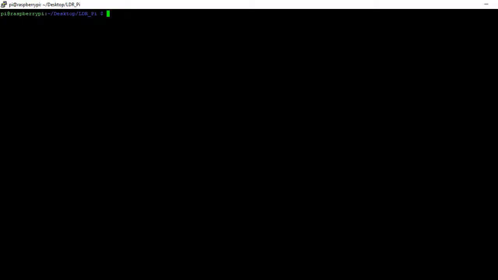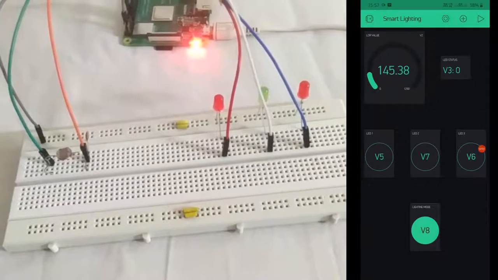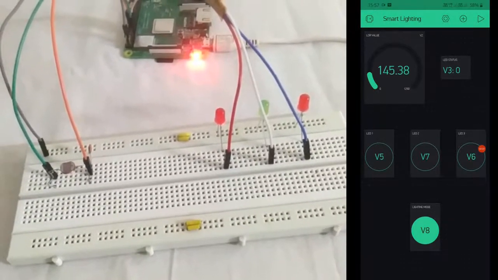Now here we are at the Raspberry Pi terminal. We have entered the directory in which I've placed the code files. So we'll run the command with the file name. Once you run it, you should be getting this text here, the Blynk for Python, the version you have, and Linux. So let's switch to the app and the hardware to see the implementation. We have the setup ready here, the program running. Now let's test it.